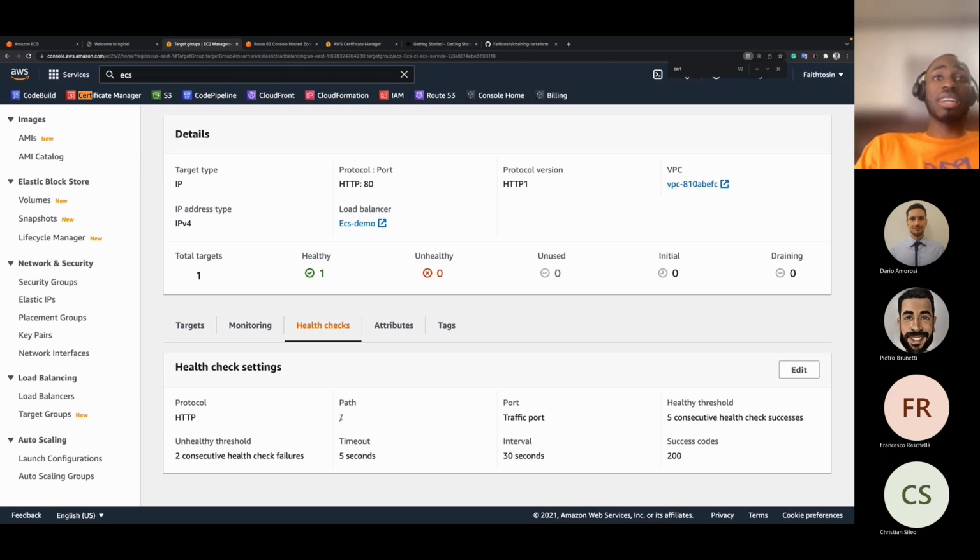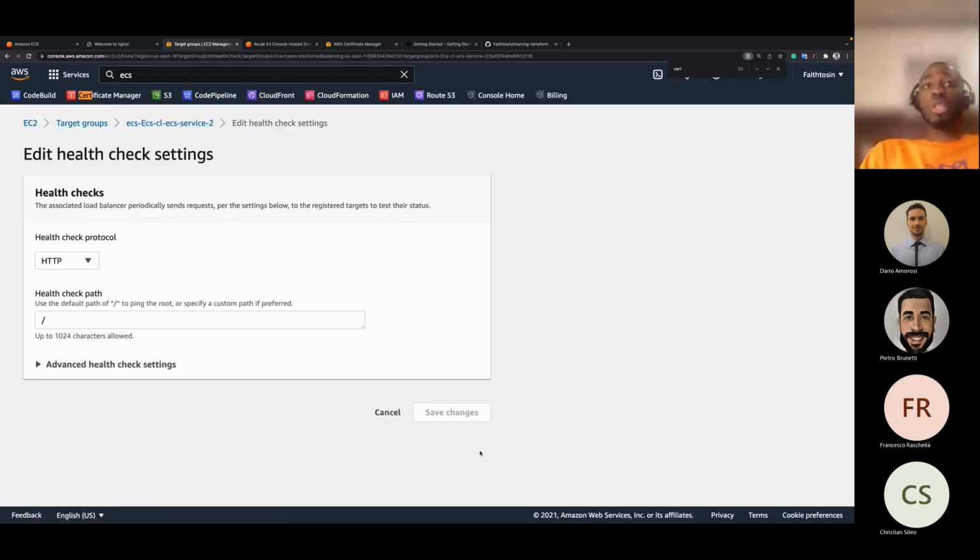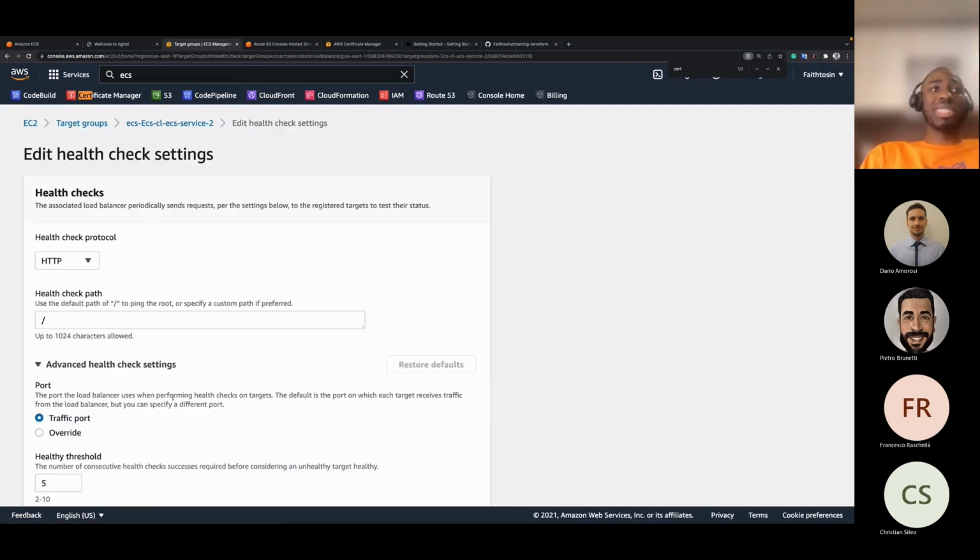Technically doing a GET request to the default path, and doing, of course, the health check rules that we've set initially: 300 seconds interval. We are expecting a success code of 200. And a quick hack for you might be, if you deploy your workload, maybe you're deploying a Django workload,